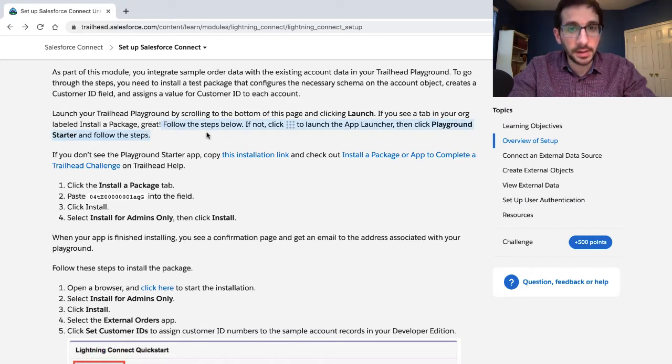If not, you go to here and then you just follow the steps below. Which I'm not sure, are those these steps or are they these steps? And it sort of confuses me because then it's like if you don't. So the whole thing is just